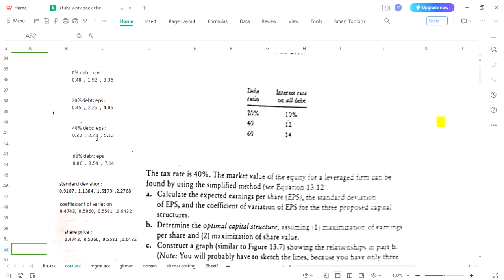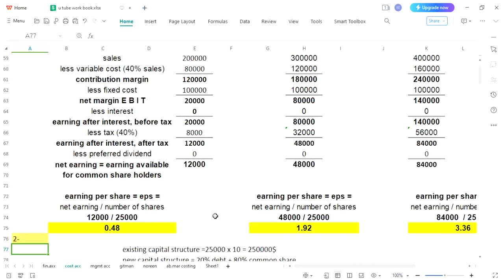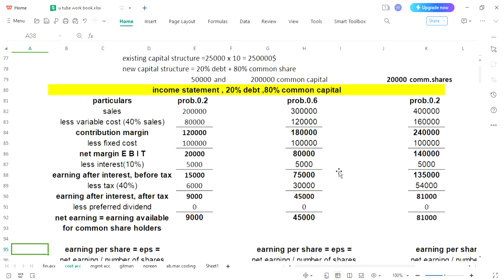Let's move on. For this we do have this statement, 0% debt and 3 EPS amounts are calculated over here, 0.48, 1.92 and 3.36. What we are going to do, probabilities are given over here, 0.2, 0.6, 0.20, and we will mention,